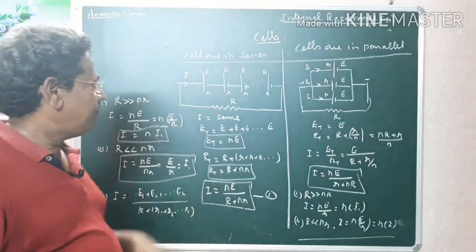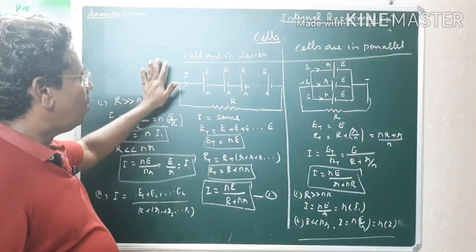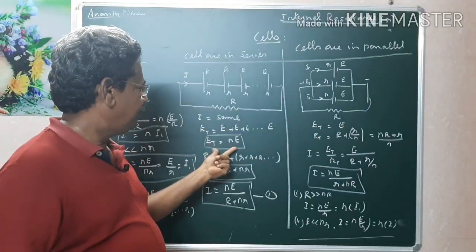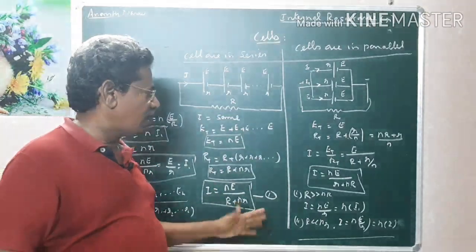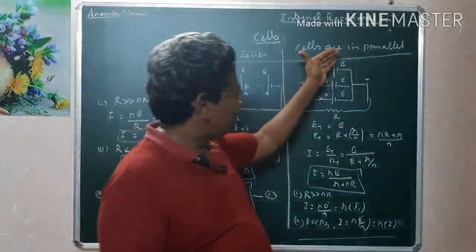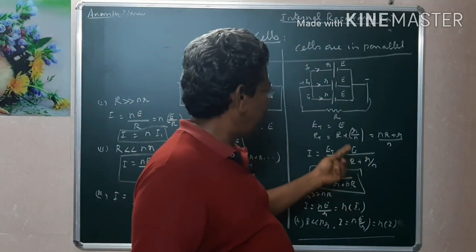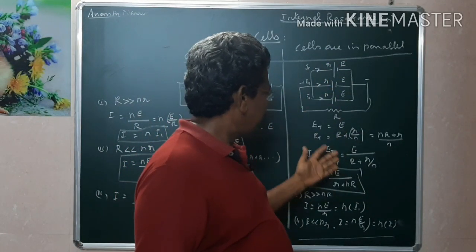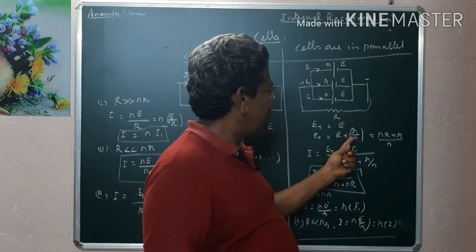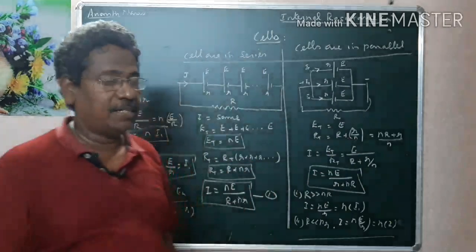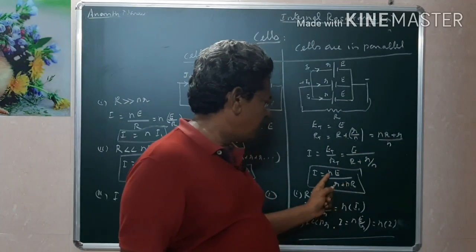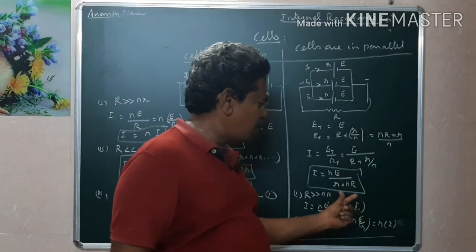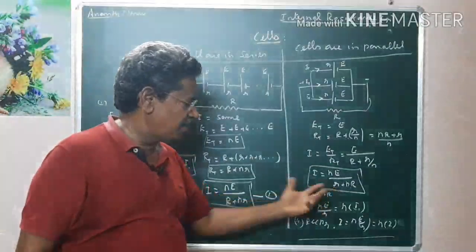What is the basic concept? When the cells are connected in series, all the EMFs will be added and all the resistances will be added. Therefore total current is I equal to NE divided by R plus Nr. But when the cells are connected in parallel, the total EMF will be the same. But what will be the resistance now? It is r by N in parallel combination. This changes a bit: N into R plus r, where N goes upward. Small difference. You see that small difference.